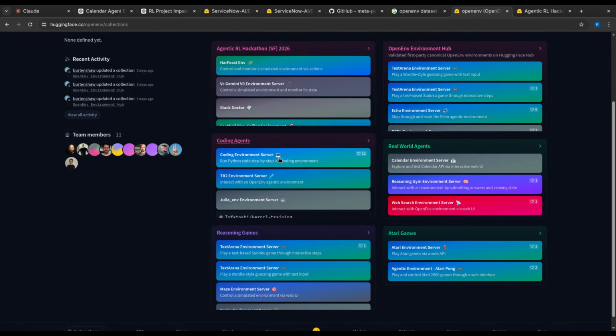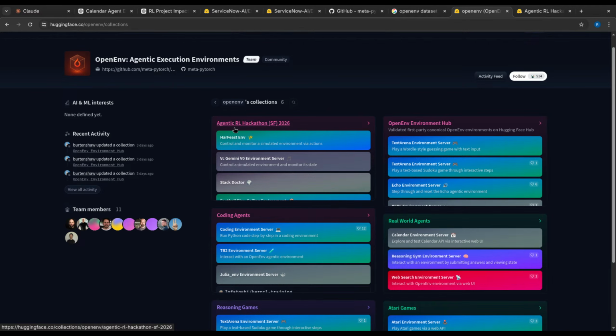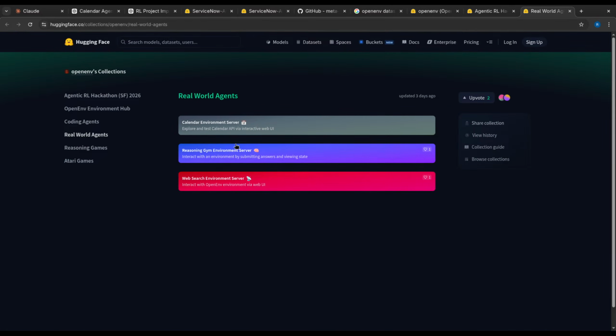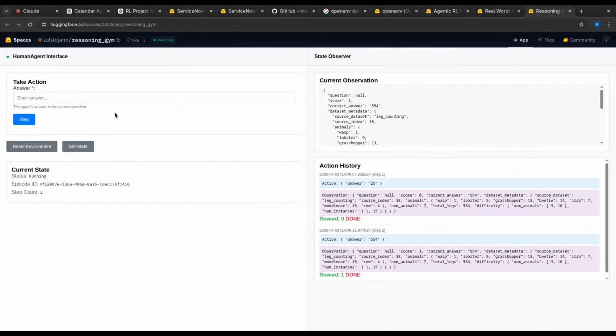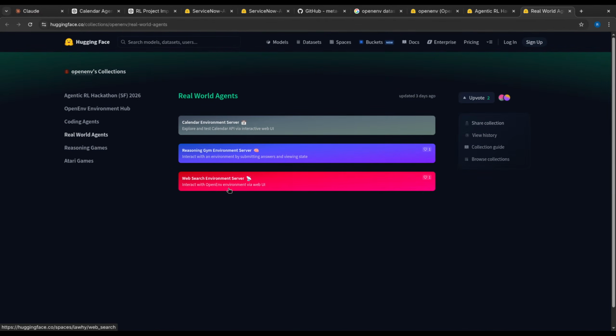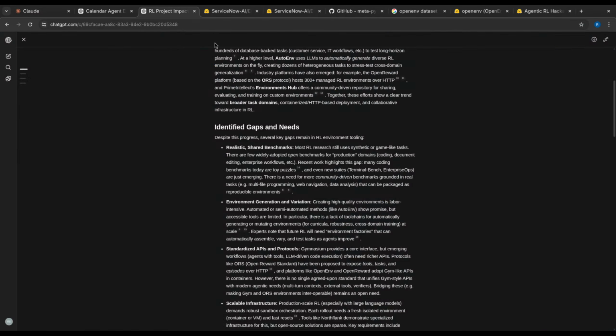We have agentic RL. Okay, this is real world agent. We have calendar agent, we have reasoning agent, reasoning. What is this? Human agent. Web search. So we have to choose something else.